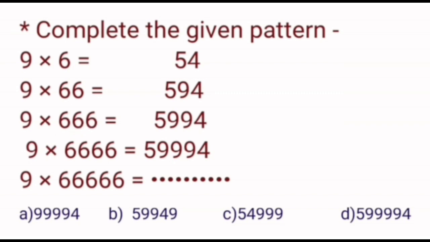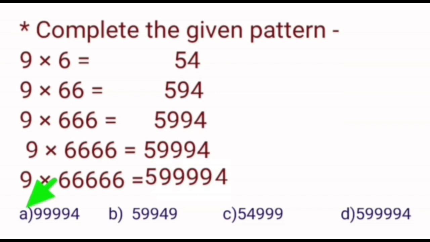this condition there are two 9s, just like this, 54. At one side there is 5 and at the other end there is 4 and two 9s are there. Now there are 4 6s and there are 3 9s. So can you tell me, if there are 5 6s, then how many 9s will come in between? Yes, 4 9s. Because as we are increasing the number of 6s, the 9s will be increased.